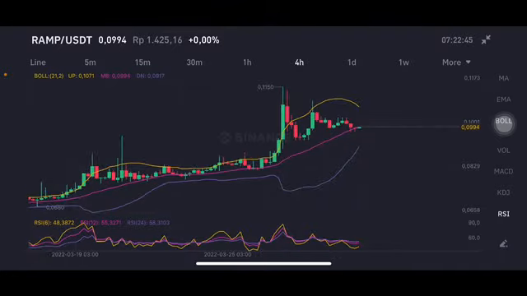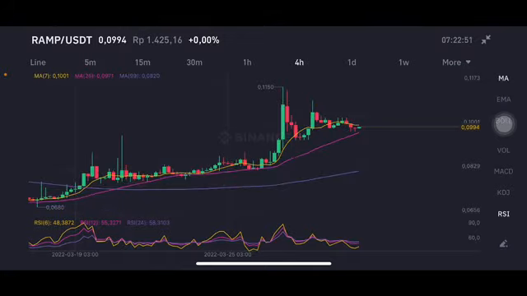And this is requested by my subscriber, Ramber USDT. So the next one is still on. Okay, try to push it again to the moving average 7, 0.1 US dollar. If they can around that point above it, the next target should be this one, 0.115 US dollar. But if they drop, then you can wait and see first an entry with a little bit volatile, only at the purple one side, moving average 99, 0.082 US dollar.